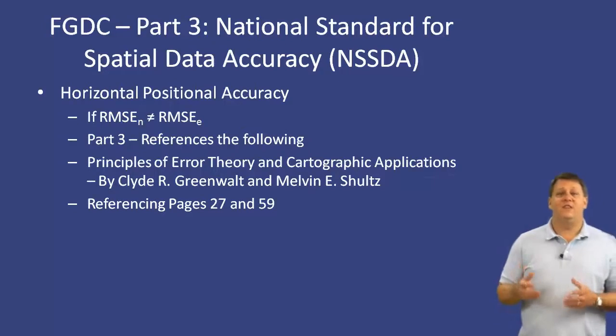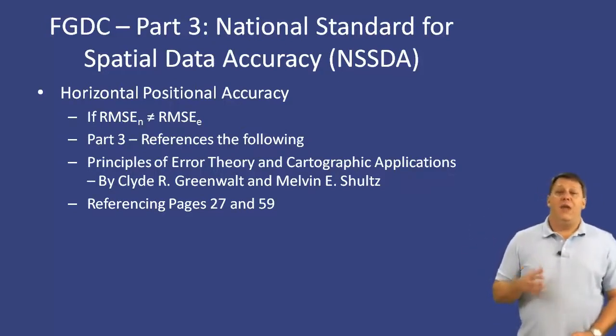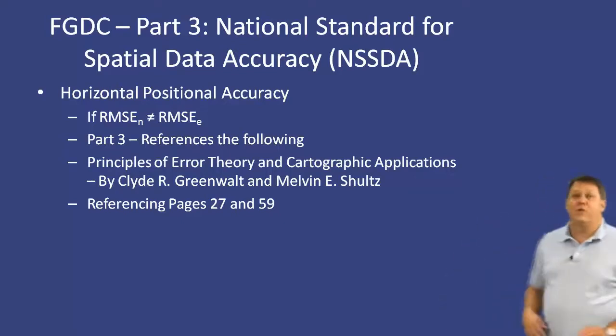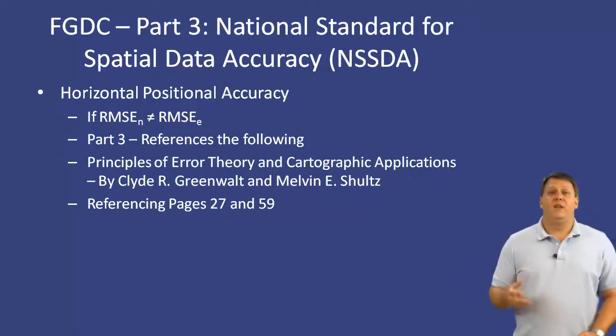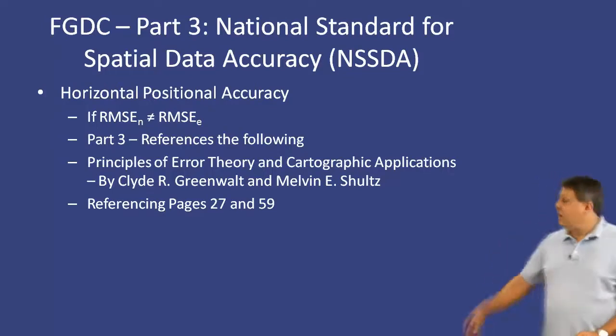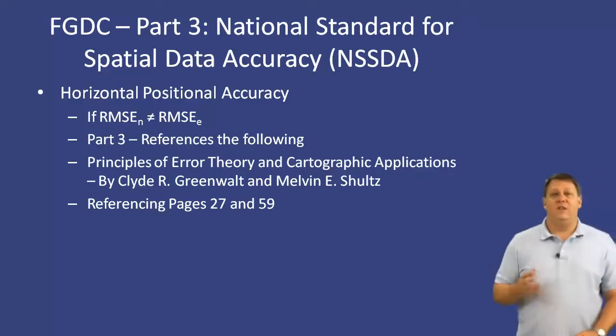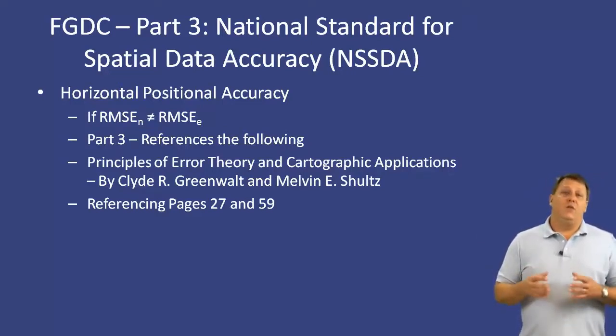When you look in this document, you can find where you may be able to use the same formula, 2.4477 times 0.5 times the addition of your root mean square error in the northing plus your root mean square error in the easting. That Greenwald and Schultz document, especially pages 27 and 59,